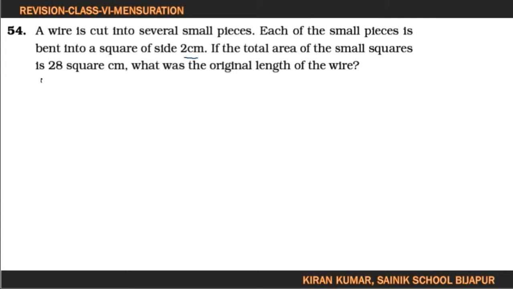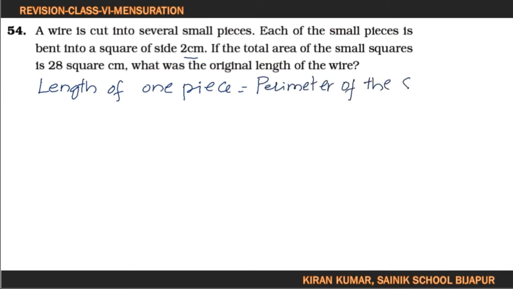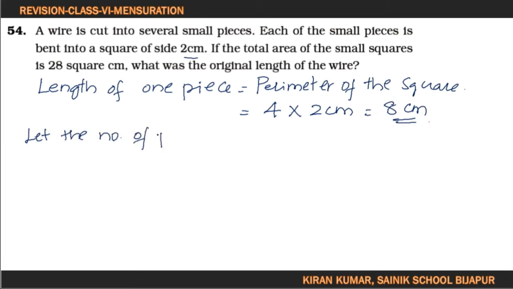Here, the length of one piece is equal to the perimeter of the square, and they have given the side is 2 centimeters, so 4 times the side 2 centimeter will become the perimeter, which is 8 centimeter. Let me consider the number of pieces as n,